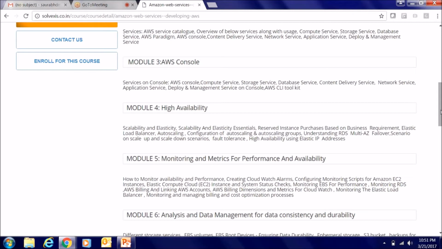Analysis and data management. We'll see how we store data. S3 is one of the topics here. S3 used to be called Simple Storage Service. Now Amazon has come up with a different definition, and now they call it Scalable Storage Service. The acronym or the short form remains the same, it's still called S3, but they have changed the full form.